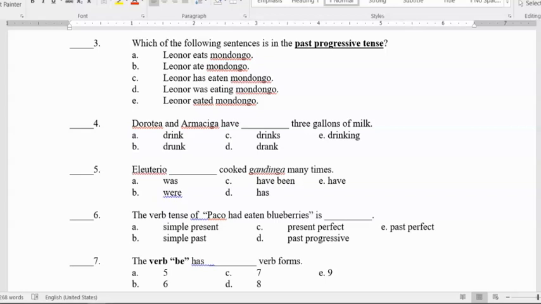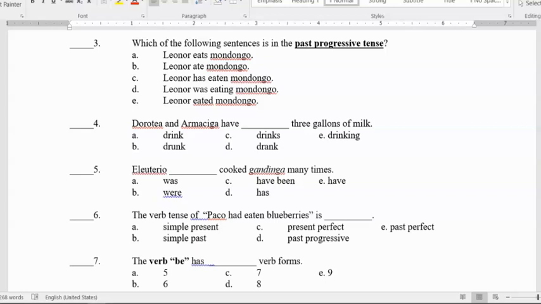Letter A in number 3 in that exercise that you see on the screen now: Leonor eats. Notice it's only one verb that expresses the action. So if it's one verb, it can't get any simpler than that, right? So it has to be simple. But simple by itself is not a verb tense. It has to be simple something. So since it's an action that